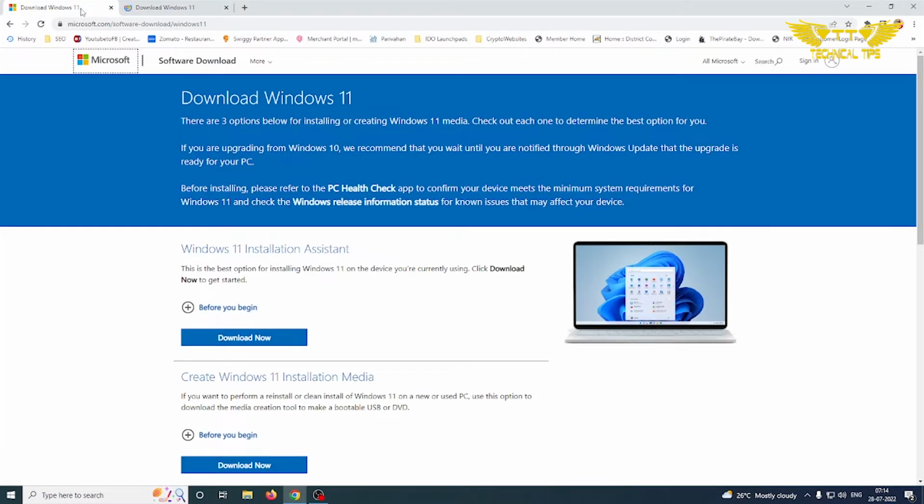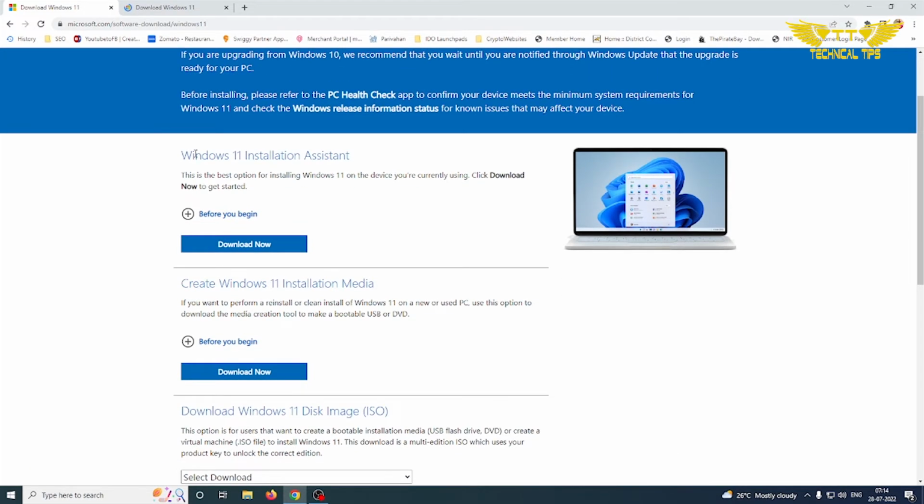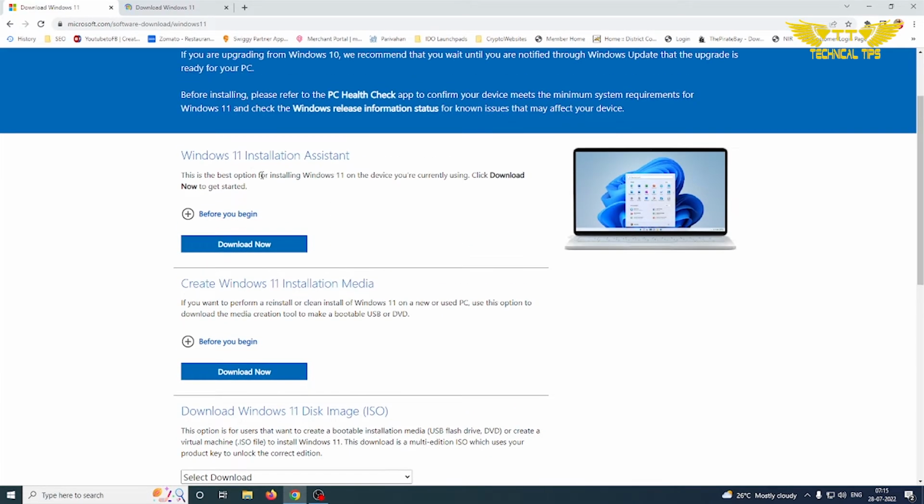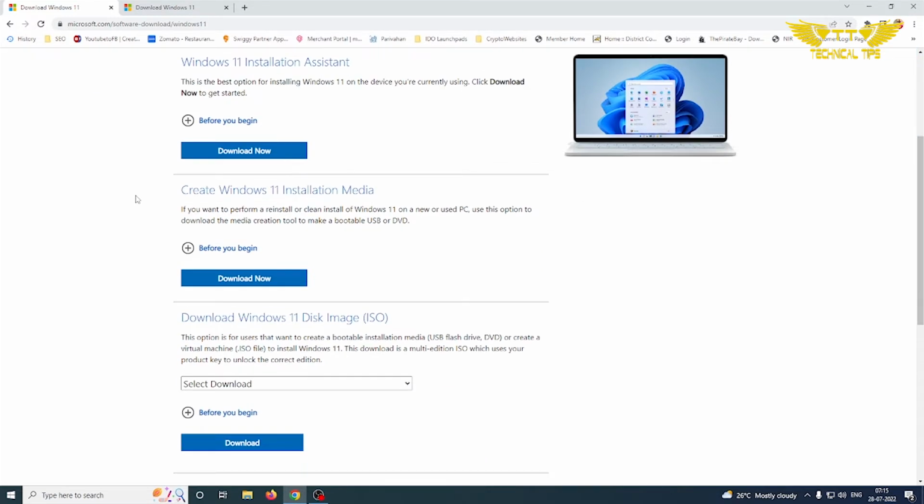I have already opened that page. I'll give you guys a link in the description. So you will see something like this. The first option is Windows 11 installation assistant, but since we are creating a USB installation media, we'll click on the second option which says create Windows 11 installation media. So click on download now